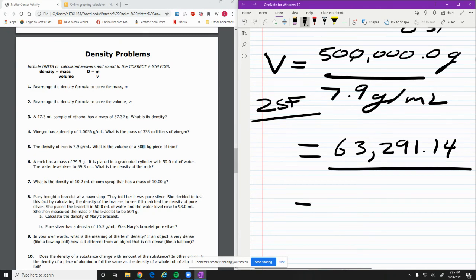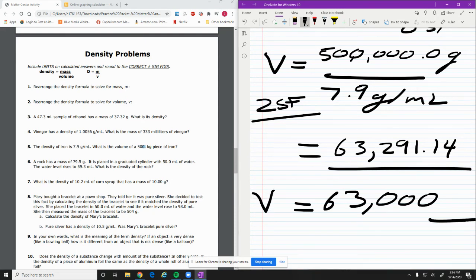So we're just going to go ahead and say that our answer for this is 60. That's 1 sig fig. That means this has to be the last number included, which means this 2, if we round, doesn't really affect the 3, so we can just leave that 3 on there. 63,000. And that would be the end of the answer for volume, except it's not. Don't forget your units. Notice we have grams over ml. ml is the one that is given to us for volume, so we would write